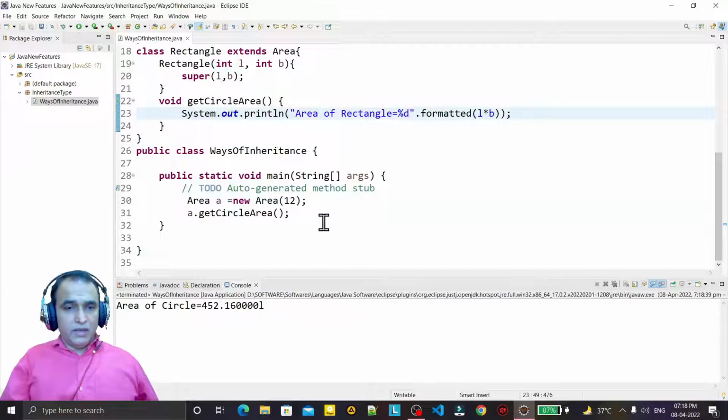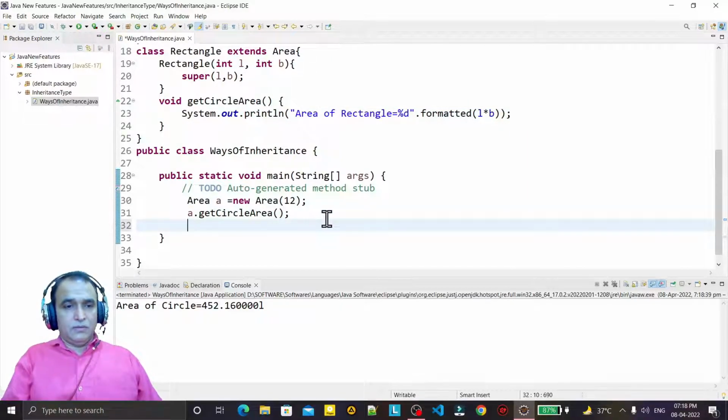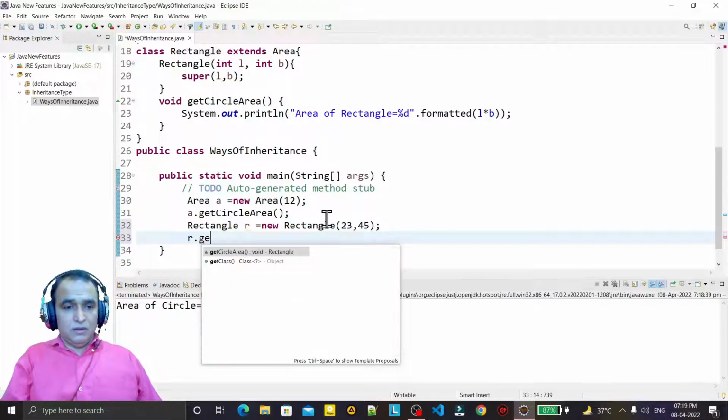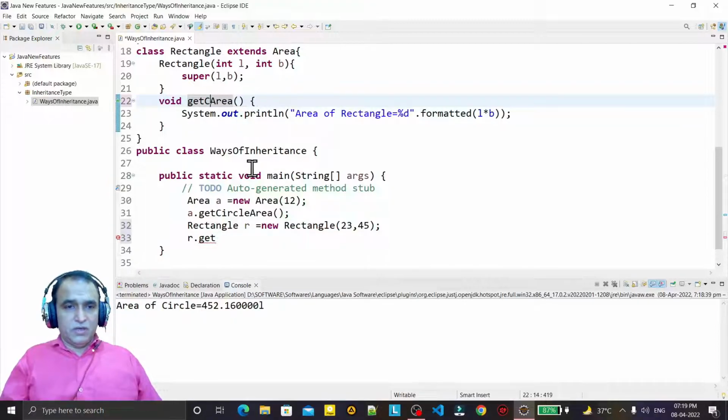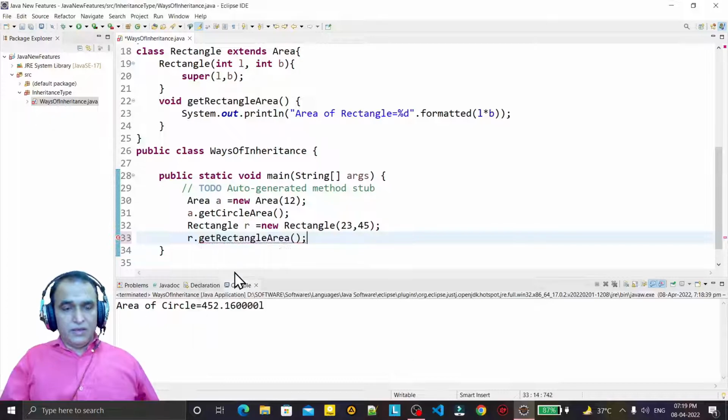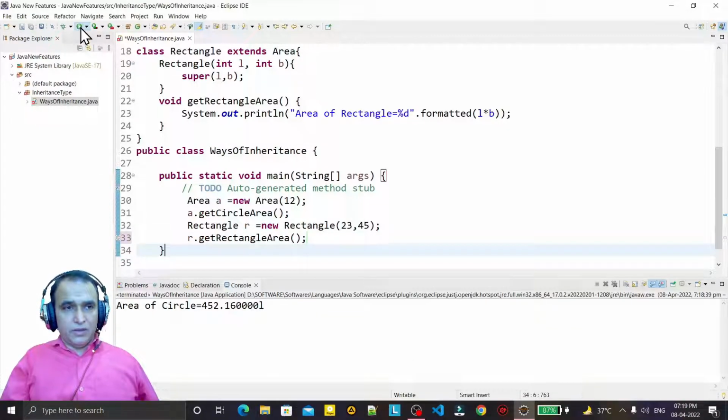So now I create this rectangle, new Rectangle, and here I can pass some values, and I have to change the call to getRectangleArea. So I just call it dot getRectangleArea, and I call it.